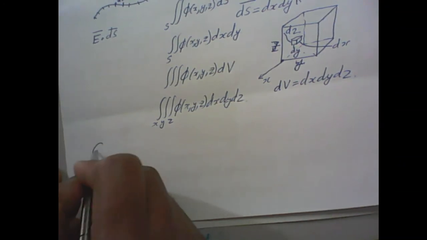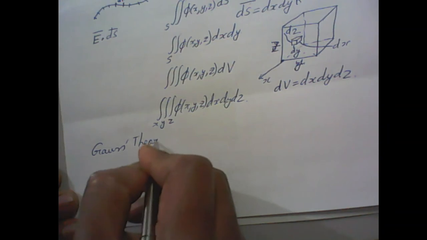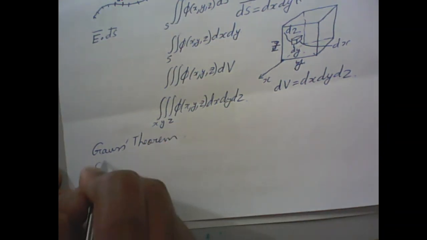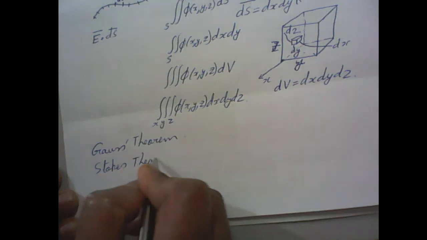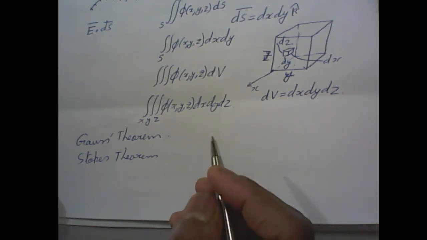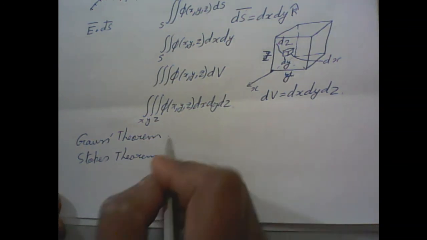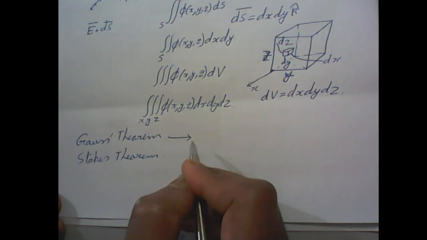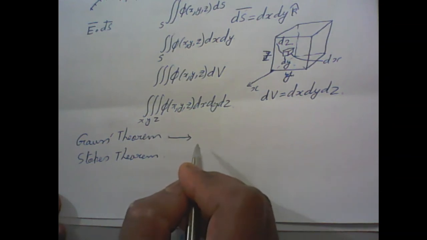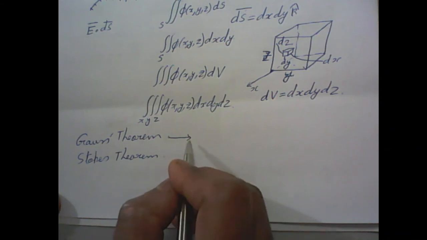Now, what are these theorems that we talked about? One is Gauss's theorem, and the other is Stokes' theorem. Green's theorem is just a corollary of these; using these two theorems, we get Green's theorem. But what is Gauss's theorem? What is its significance? I won't write the statement of the theorem, it's there in your notes. But what it does basically is convert a